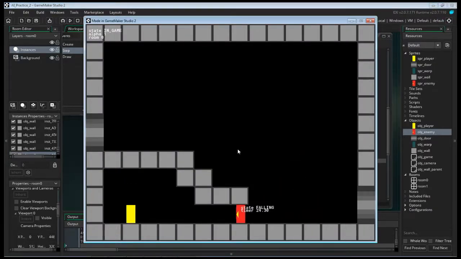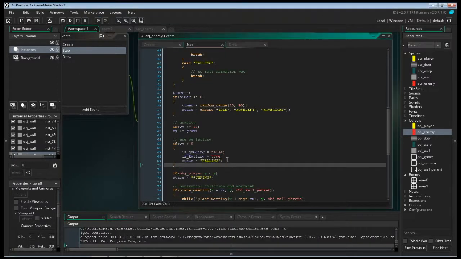So if I jump, he can jump, and he can continue to jump whenever I jump. So right now, he can keep on going. Technically, he's colliding with the wall over here and is able to jump off the wall. But now he's not able to exit our fall animation, stuck or whatever. So let's go into